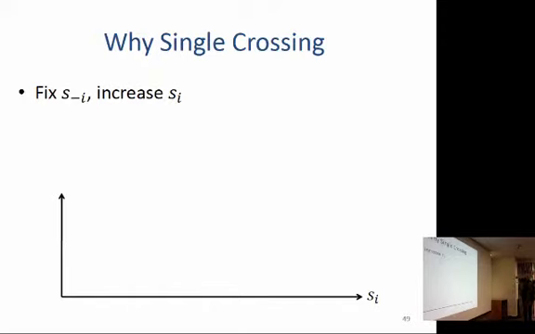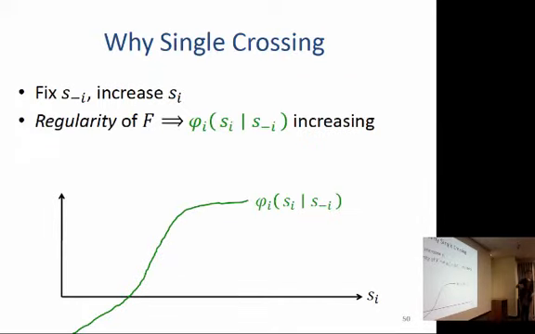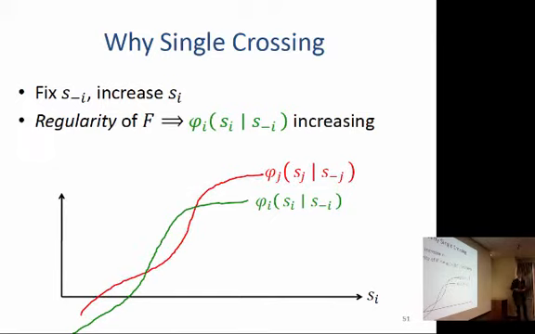So let's say we fix the signals of all bidders besides the signal of bidder I, and now on the x-axis we're going to start raising the signal of bidder I. Regularity means that the conditional virtual value of bidder I increases as his signal increases. Now here's what could go wrong. As you increase the signal of bidder I, because everything is conditional on all signals, you could get that the conditional virtual value of a different bidder, bidder J, is also increasing. Let's say we're trying to give it to the guy with the highest conditional virtual value.